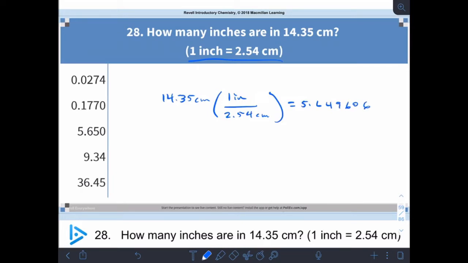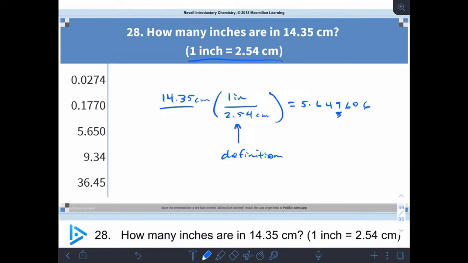5.649606. Right? But I need to take into account my sig figs. So this is a definition. So it is considered to have infinite significant digits. So it's a division problem. So I go with the fewest number of sig figs in my problem. So 4 is a far cry from infinite. So I'm going to stop at my 4th significant digit,